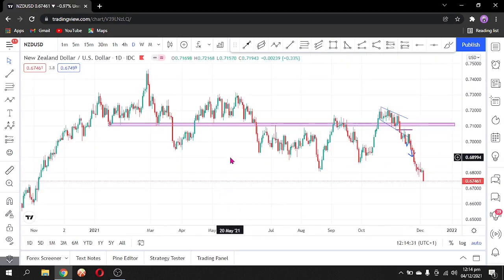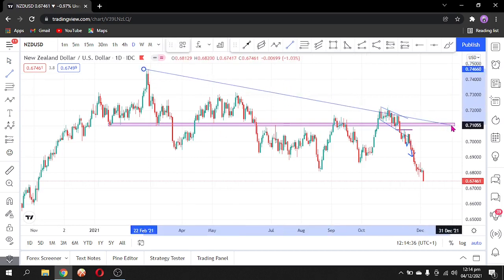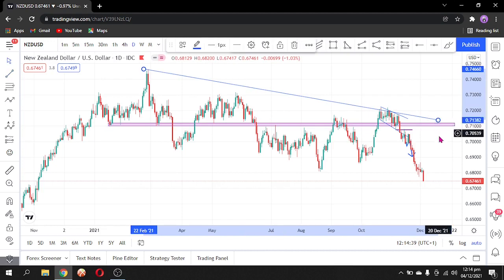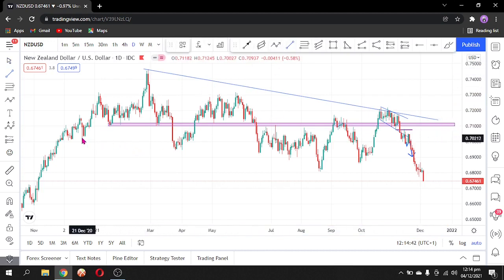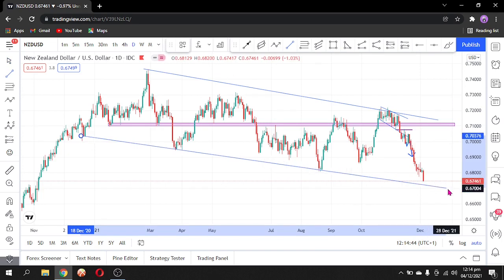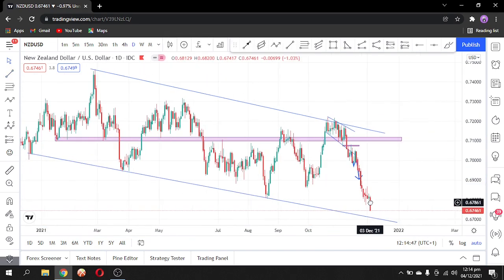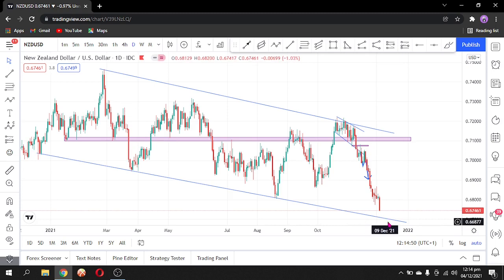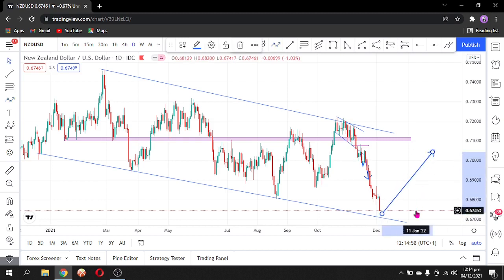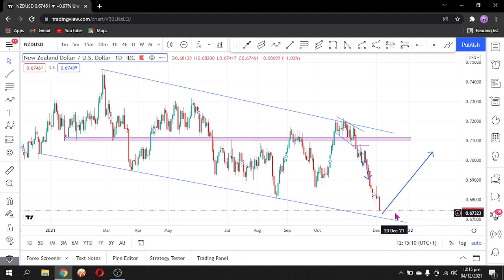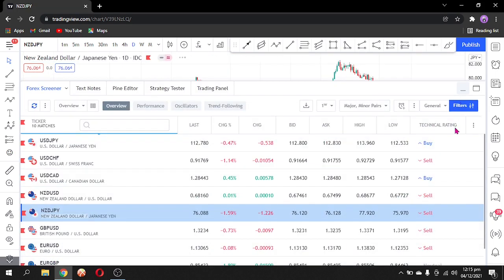So on this daily time frame, if we take a look at this, where we have a trend line and this trend line also. So now that price is almost at this bearish support, we expect price to reach this point before we have a reversal. So watch out for your candlestick reversal signals, your chart patterns, and any other reversal signal that you use. The next is New Zealand JPY,